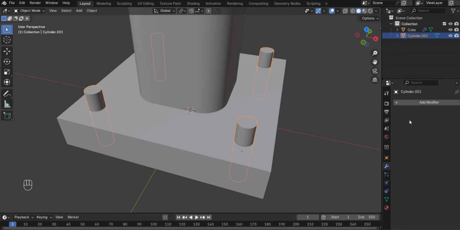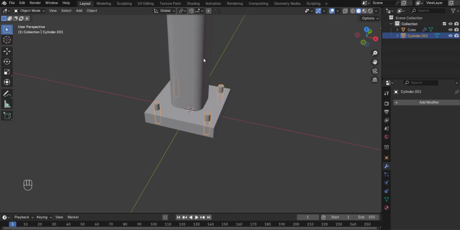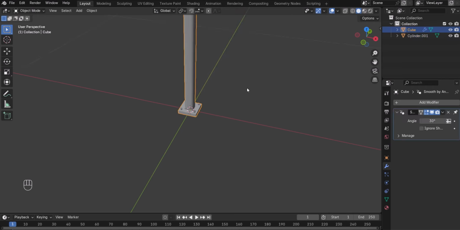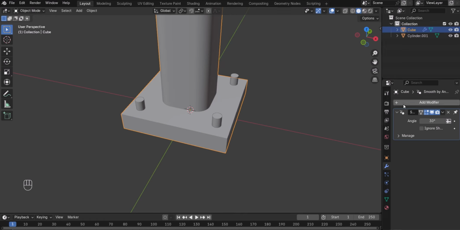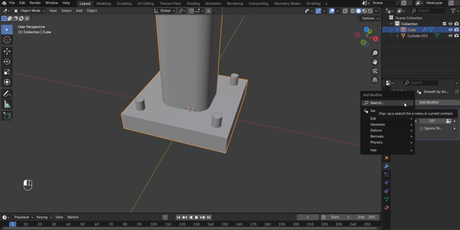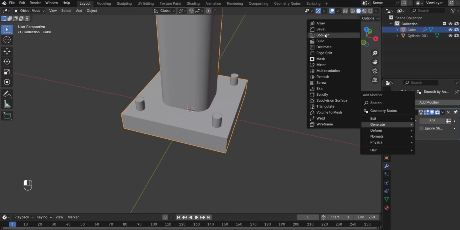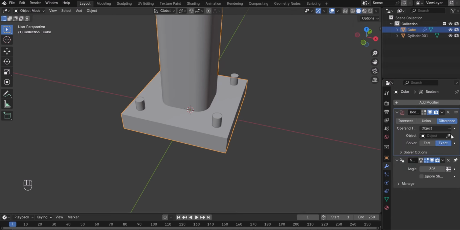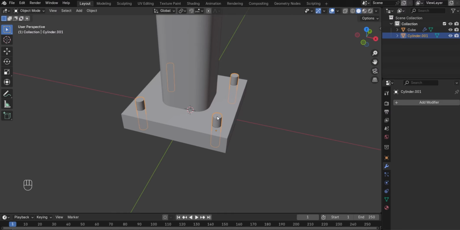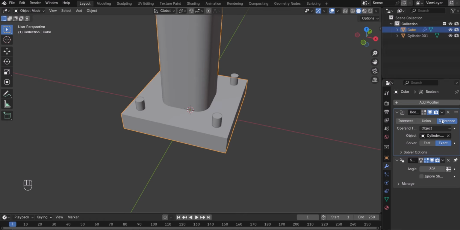Alright, apply. Now the next thing we are going to do is select our pillar. After selecting the pillar, under modifiers property, we are going to go to generate, add a boolean, then select the cylinder as a target. Alright, after this is done, the next thing we are going to do is go back, select the pillar, then apply